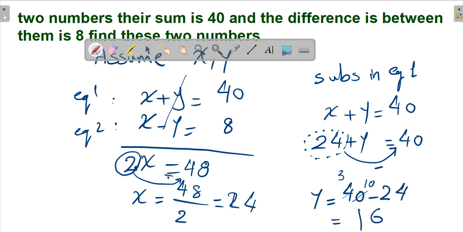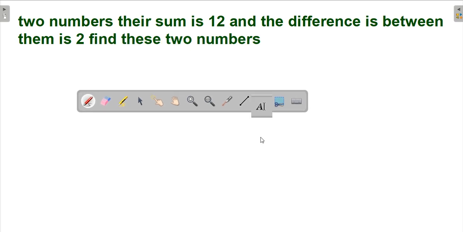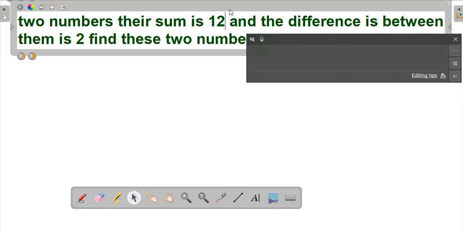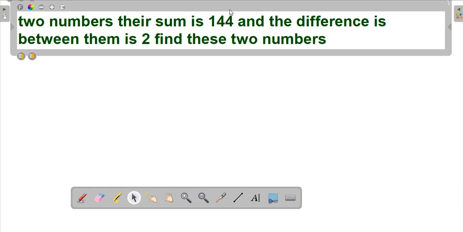Again, try to solve the next example yourself. Pause the video and check the answer. Two numbers, let's make the summation 144, and the difference is 16. Okay,